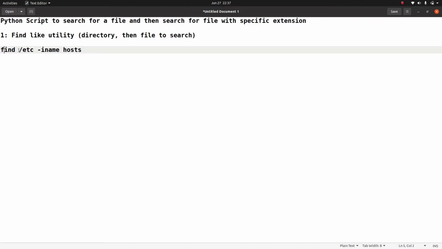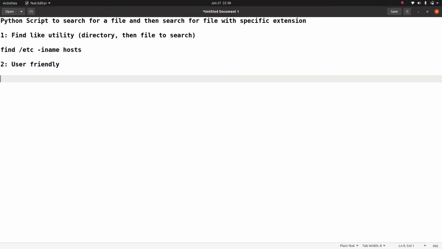Not exactly like this, but we are going to provide the directory and then the file to search. Secondly, once we have this utility, let's make this first as user friendly.